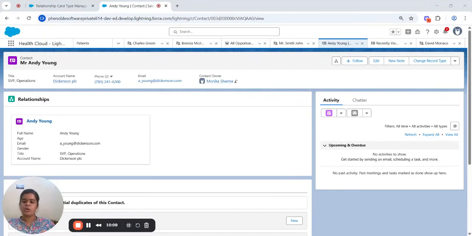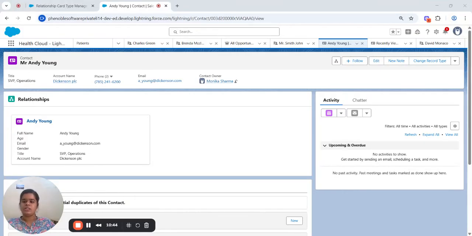Now let's talk about why it is useful, why we are not using custom. Most of the functionality can be achieved with Salesforce Health Cloud's out of the box feature, so you don't always need custom development, right? The relationship is flexible, and it can be updated as our needs change, right?